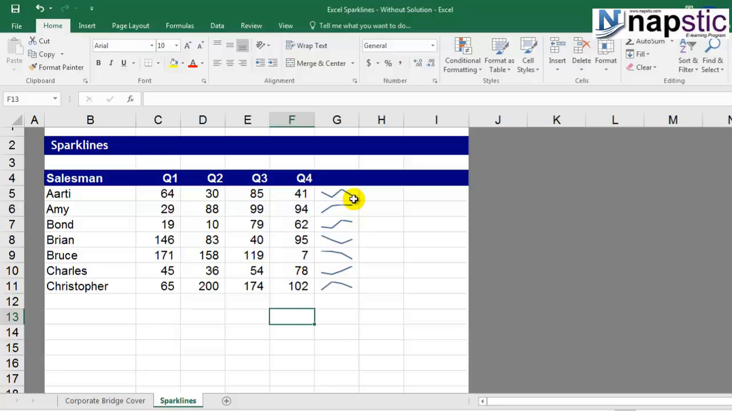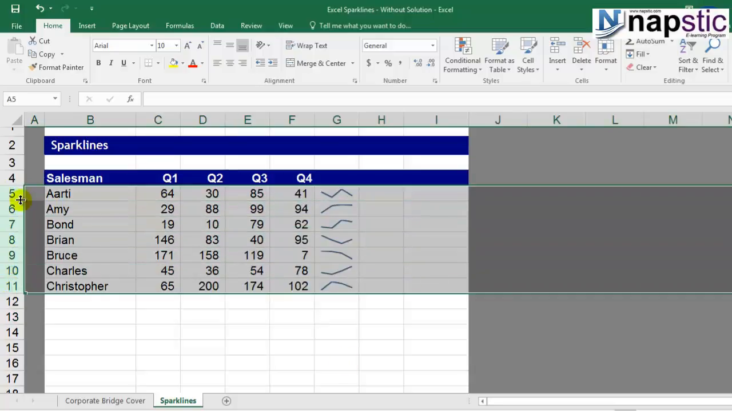Right? So it is very, very easy now to interpret this data if we have it represented in the form of a Sparkline. You can also adjust the width of the row of these graphs. So if you increase the row width, the Sparkline will also increase. So what you can do is we can select this,